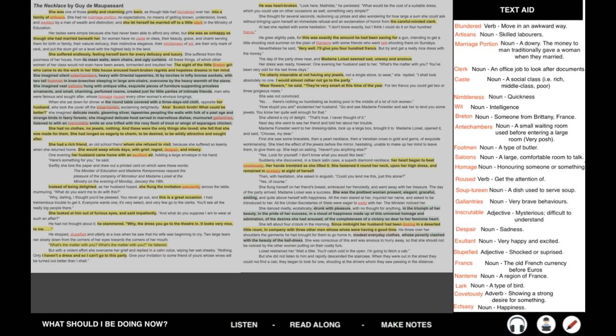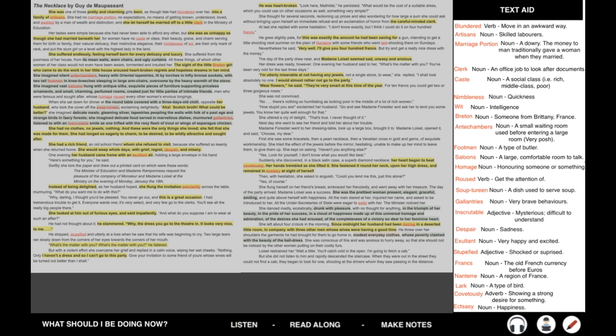Eventually they go to leave. He hands her modest everyday clothes. She's so embarrassed she runs away in her beautiful ball dress. She doesn't want to be seen in her old lower middle class coat. She runs outside, and they go to try to find a taxi to get home. That's where we are with the first page. Really try to think about this characterization, really try to think about the juxtaposition, and really try to see what